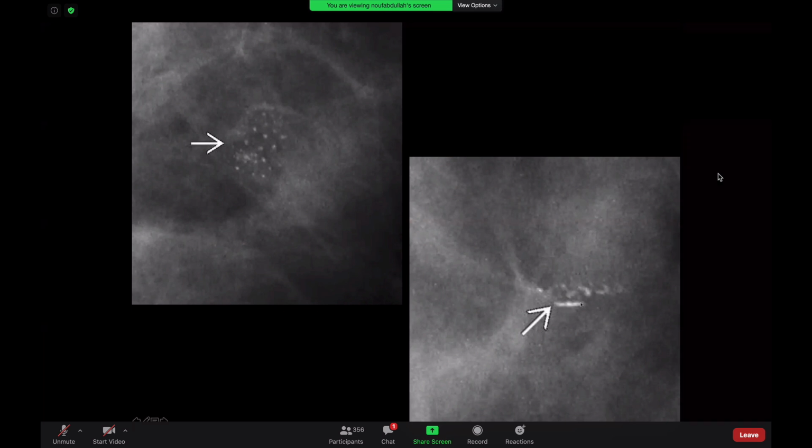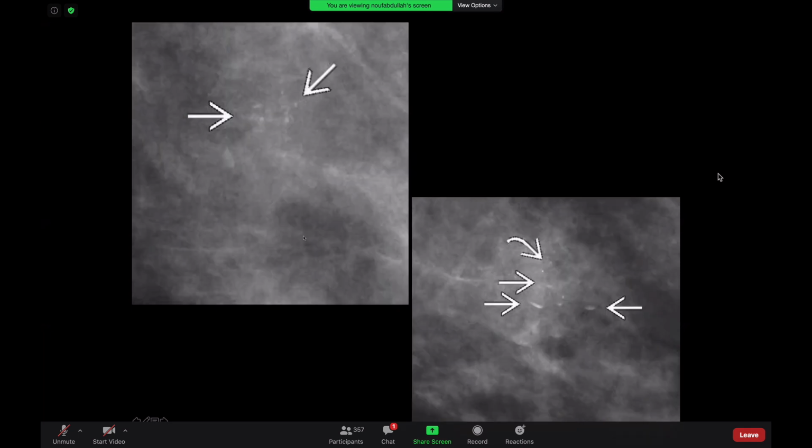When we did the true lateral magnification view, you can see the cupping appearance, the linear appearance. This is so classic of milk of calcium. So from a BI-RADS 4A on this image, this microcalcification turns out to be a BI-RADS 2, no need for anything further. I can't tell you guys how many times I've received cases to go and do stereotactic biopsy, and every time I do true lateral magnification view, I can say that there is milk of calcium, and you will save these patients a biopsy. So always remember, whenever you're dealing with a microcalcification, you have to do this.